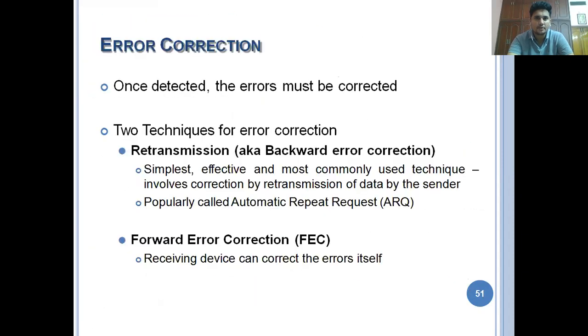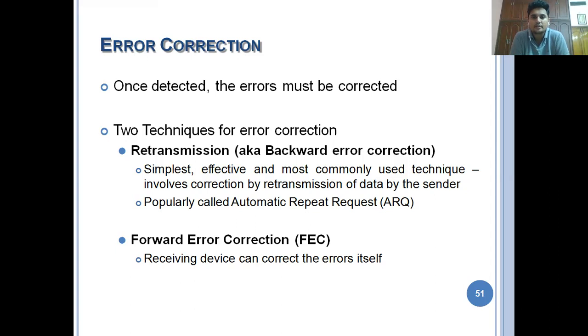Now we are entering into the error correction techniques. What is meant by error correction? After detecting the errors, how do we correct them? How to detect errors is what we covered in the past video. There are four techniques for detecting errors: the vertical redundancy check, the longitudinal redundancy check, the cyclic redundancy check, and the checksum. These are some of the techniques.